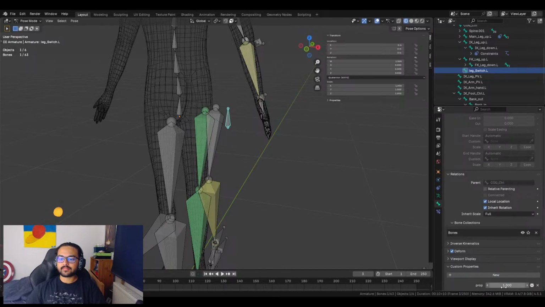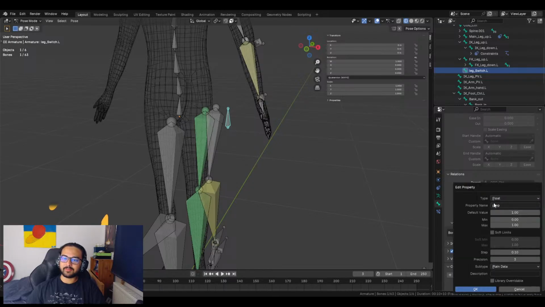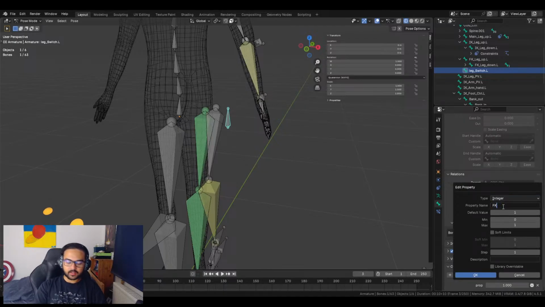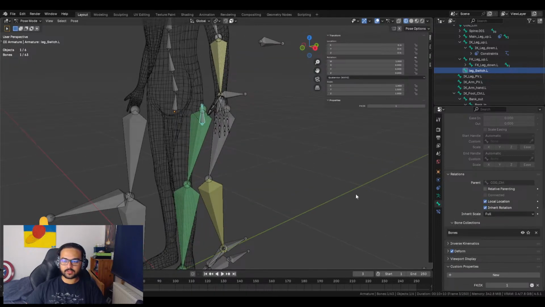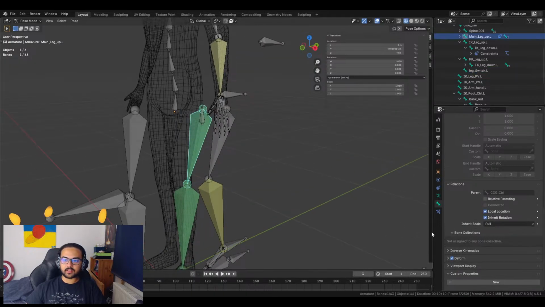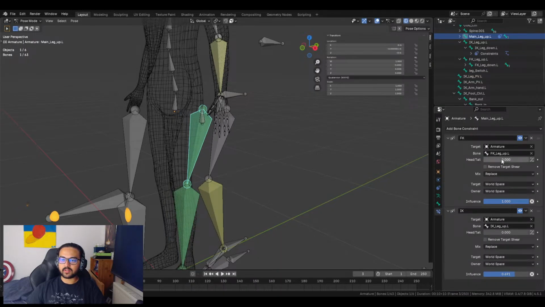Okay, so I did have, I am just done. Okay, integer here, fk/ik. So it is as I thought it was. I just am stupid. So I then select this, have